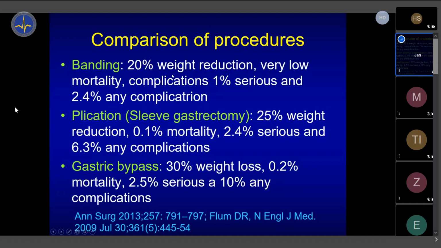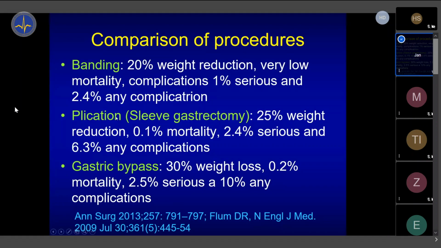There are specialized centers who do these operations. So you need to provide the appropriate referral, explain to the patient the benefits, risks, what can be expected with the operation, without the operation, what the risks are which you just see. Right now I'm showing you the mortality and morbidity risks. So it's not a risk-free operation, of course.